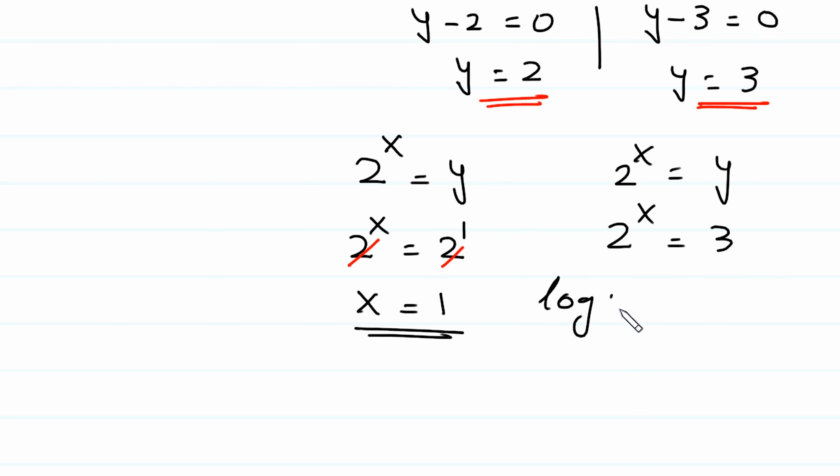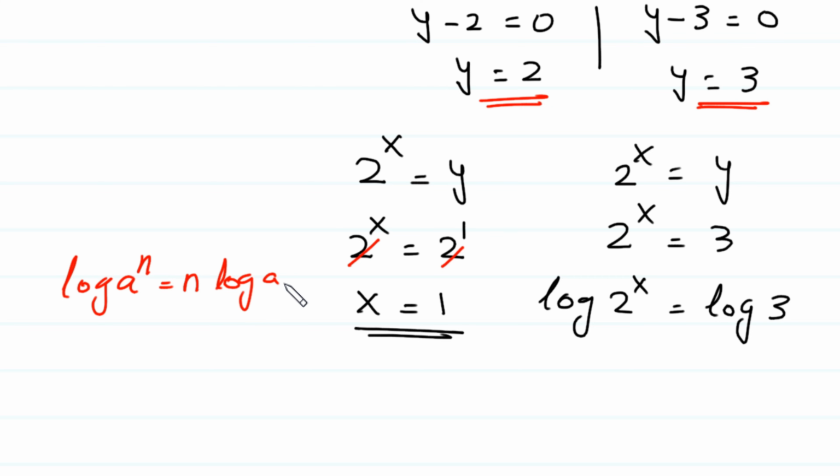Log of 2 to the power x is equal to log of 3, and there is a law of logarithms that log of a to the power n is equal to n times log a. According to this rule, this power x comes here like this. x times log 2 is equal to log 3,